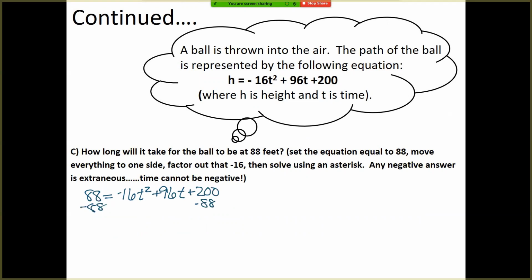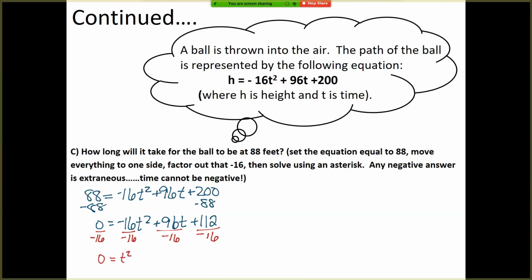So we want to find the greatest common factor at this point. I'm just going to tell you on this and on your test, it's going to be whatever number's in front of t squared. I actually think on your test it happens to be -16. So I'm going to divide every single term by -16. So that's going to give me a new equation. 0 equals